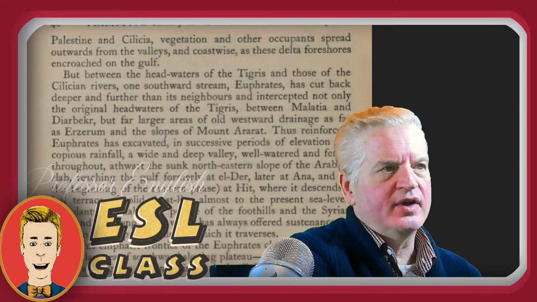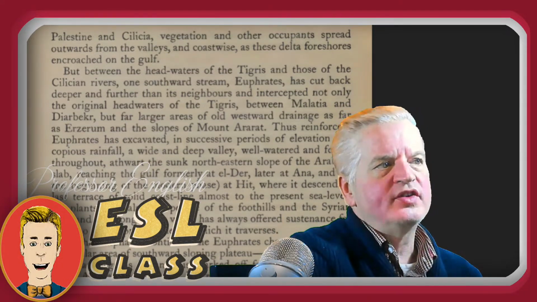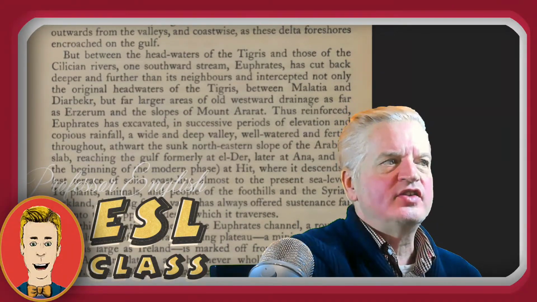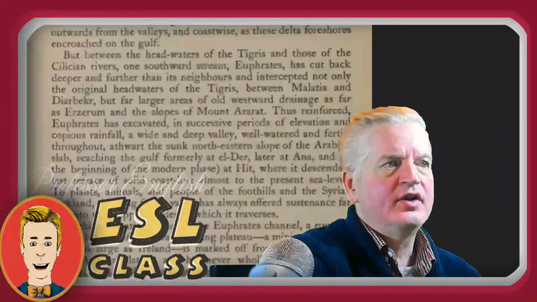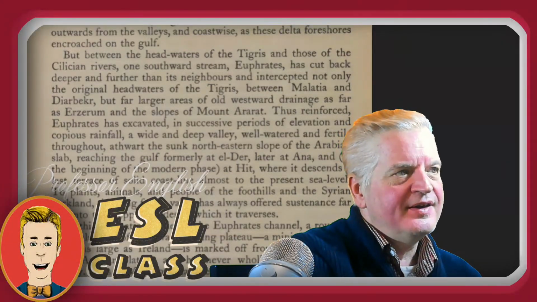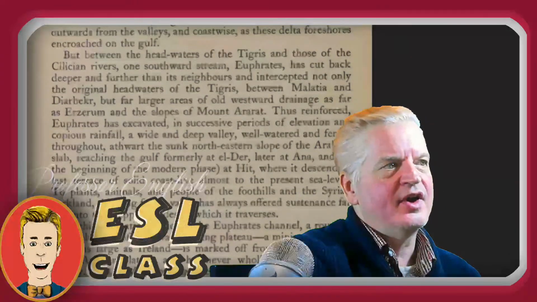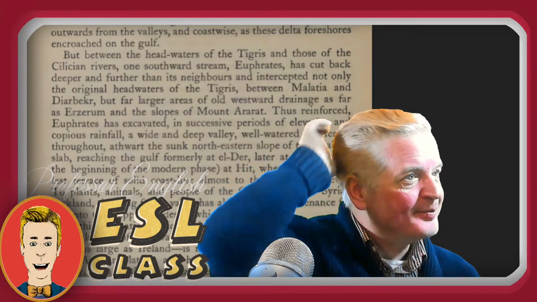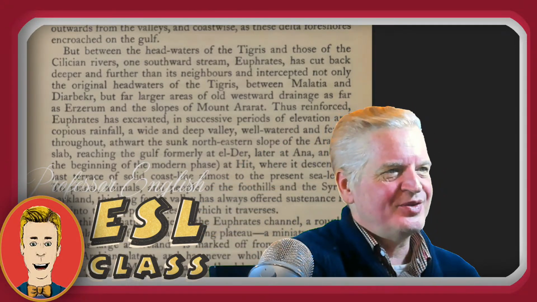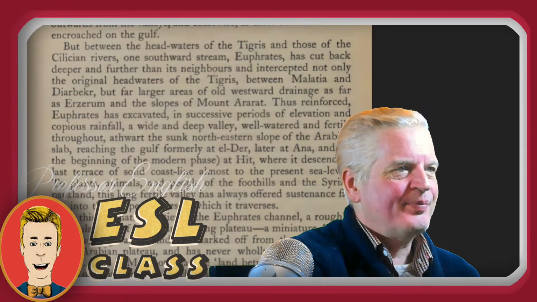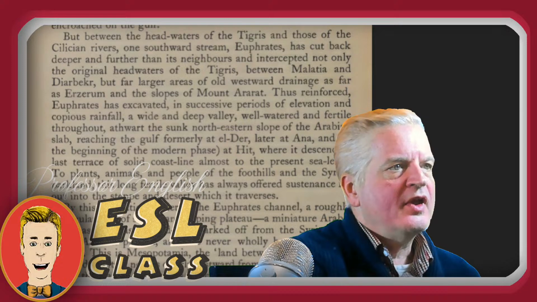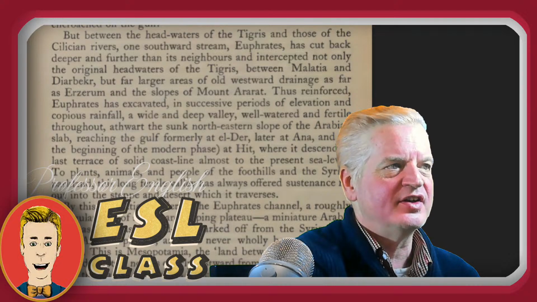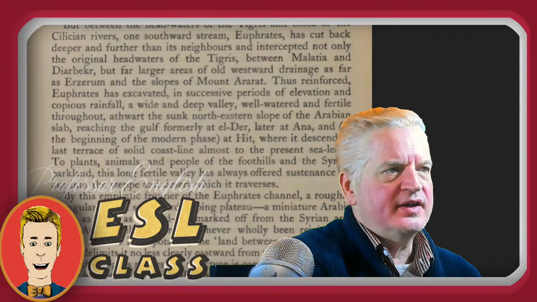But between the headwaters of the Tigris and those of the Cilician rivers, one southward stream, Euphrates, has cut back deeper and further than its neighbors, and intercepted not only the original headwaters of the Tigris between Malatia and Diyarbakir, I don't know how to say that, but far larger areas of the old westward drainage as far as Erzurum and the slopes of Mount Ararat. Thus reinforced, Euphrates has excavated in successive periods of elevation and copious rainfall a wide and deep valley well watered